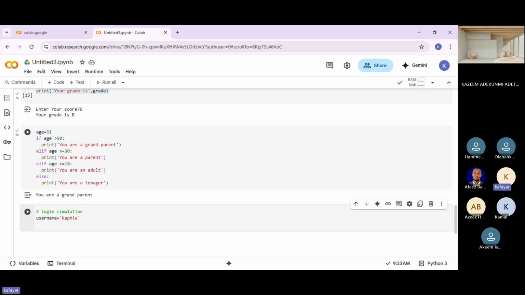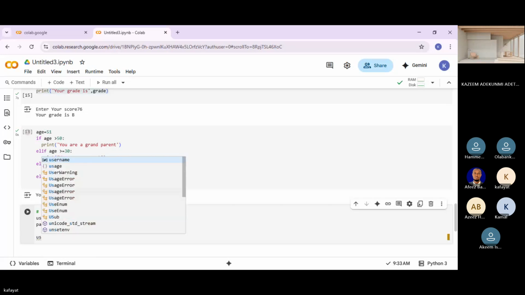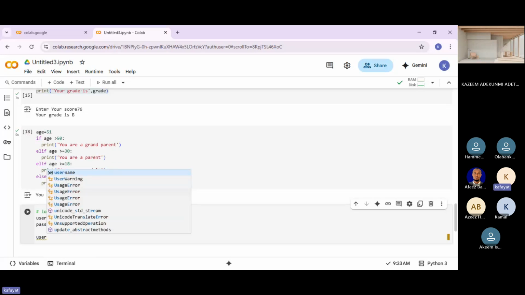Then I have my password. My password should be 1323. Then my user input.